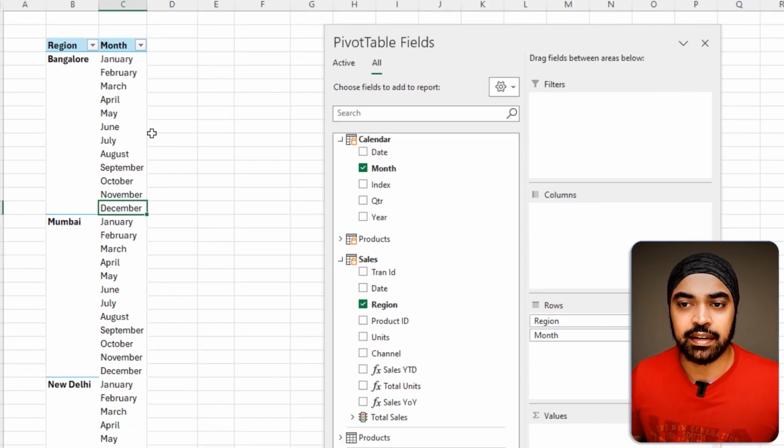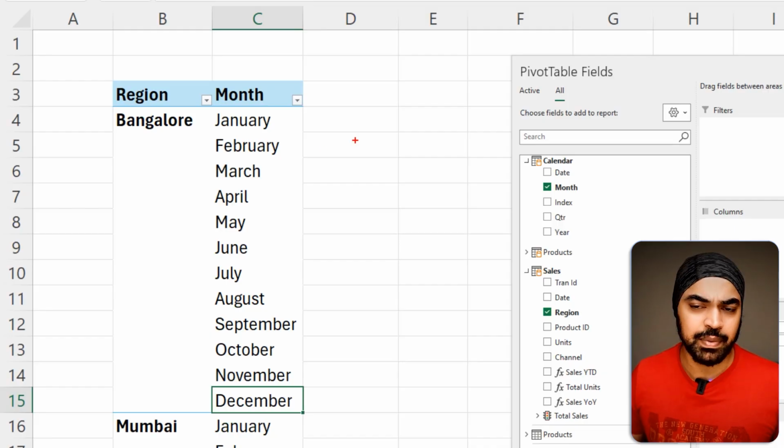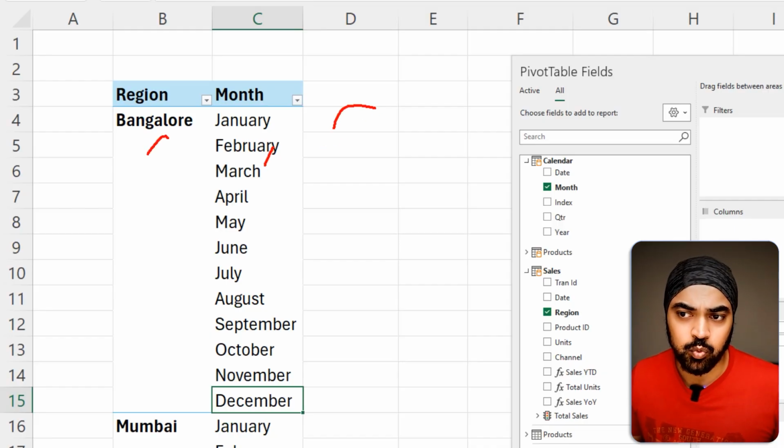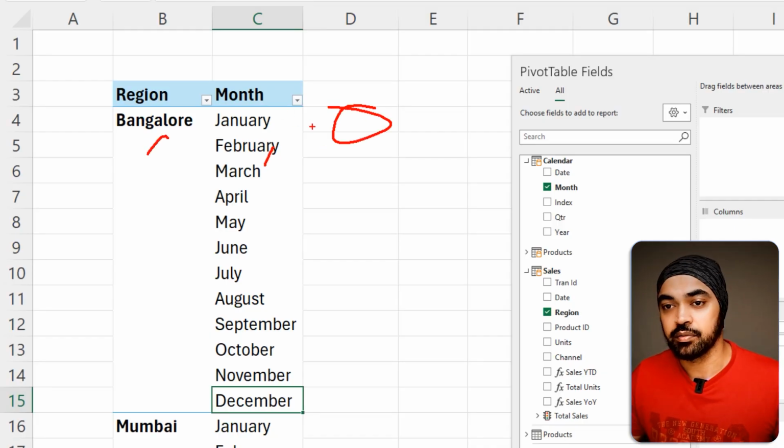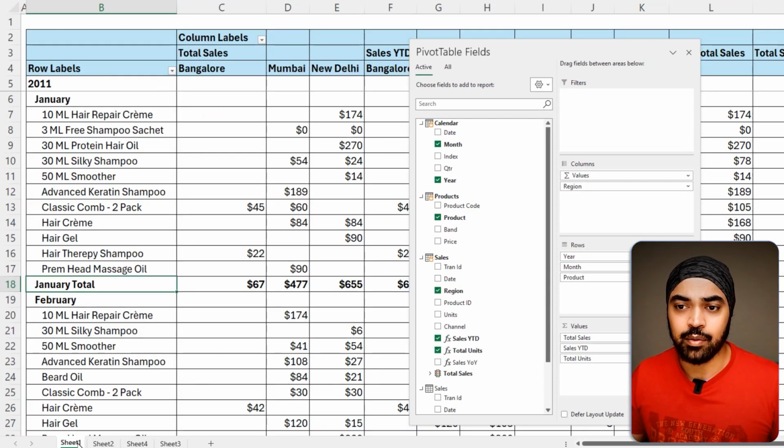The very first calculation that I want to do in this particular pivot table is nothing but my total sales calculation. That means that against the region, against the month, what has been the total sales of that particular region and the month? How do I do that? If you go back for a quick second and take a look at our data, you're going to see that